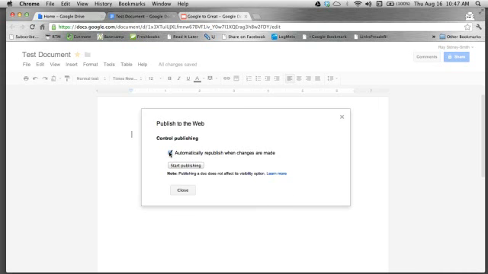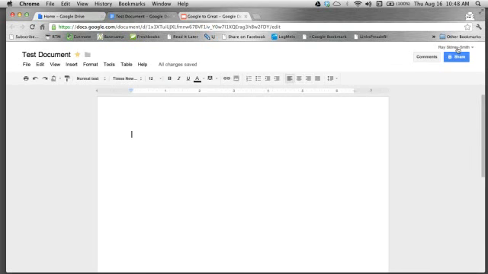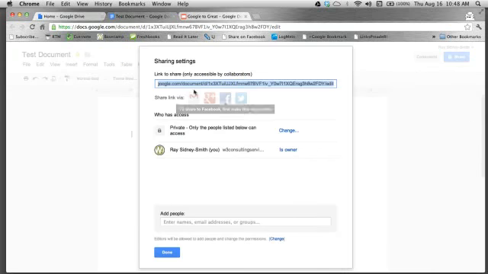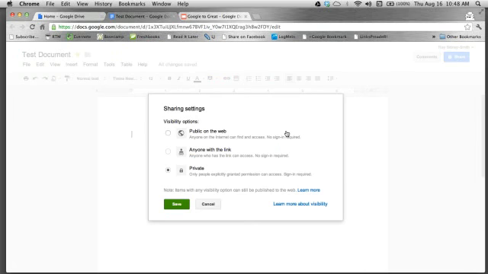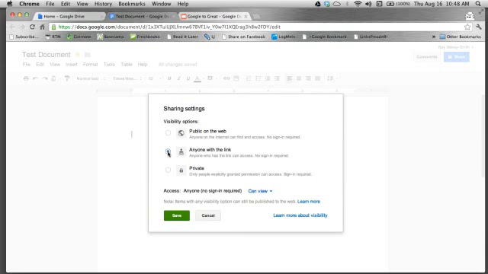So you can continue to edit the document in its current state, but you can leave it in its old state as being published to folks out there on the web. And then after that, you'll see under Share, you go up to Share, and you can see the various levels of privacy. So here you see that it says private, only the people listed below can access this document. When I go ahead and click on Change, I can do two different levels of privacy beyond private. So I can put anyone with a link, meaning that you would have to send this link up here in the toolbar to someone